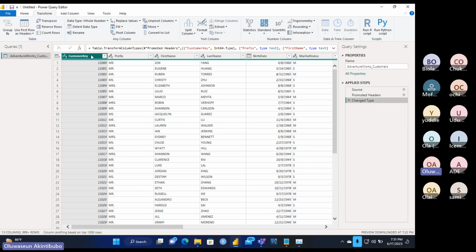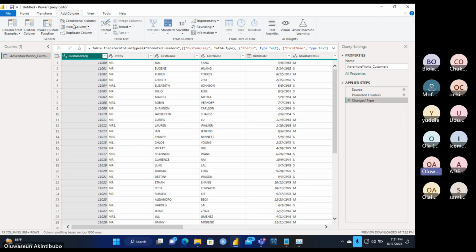So if I want to work on this column, I use the Transform menu. But if I want to add a new column, say I want to merge the prefix, the first name, and the last name and create it as a new column, I will use the Add Column menu.